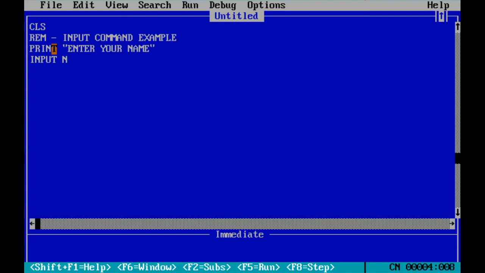Input name. Print enter your age. Input age. Print age and name.